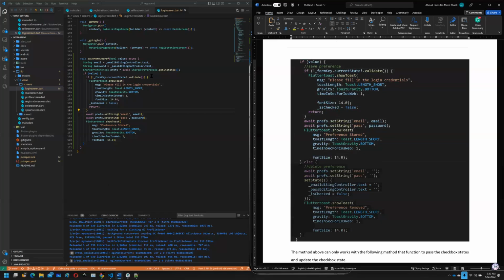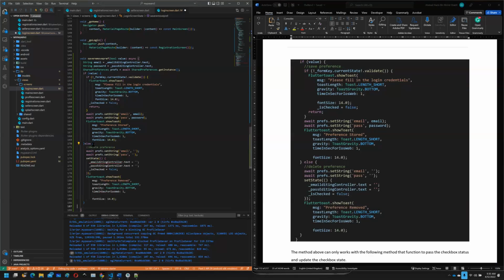So if we execute that untick, we actually want to remove our credential, right? So that is basically what this method is all about, to remove and also store